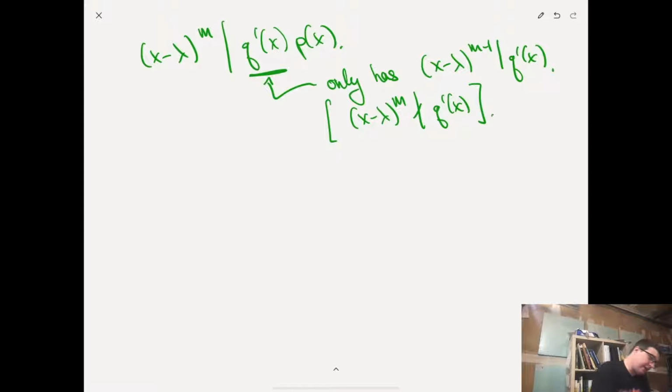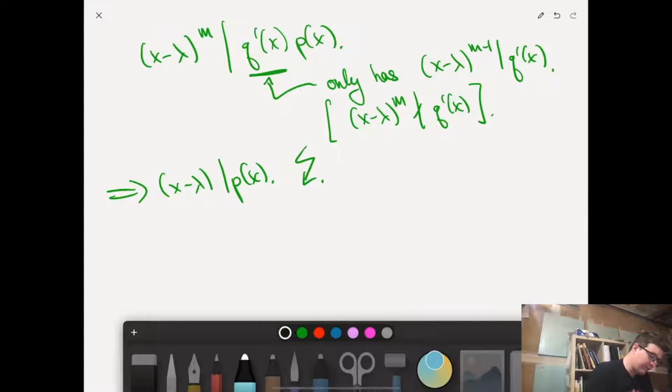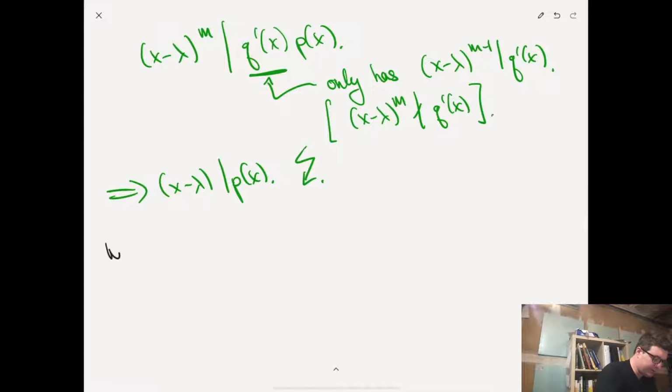All right, so this implies that x minus lambda divides p of x. Okay, this is a contradiction, right? Because we assumed that they were co-prime, that they had no common factors, and so that gives the proof. All right, so we have proved